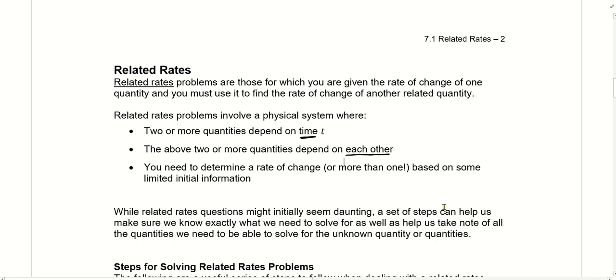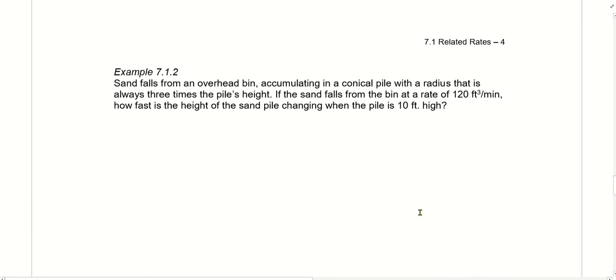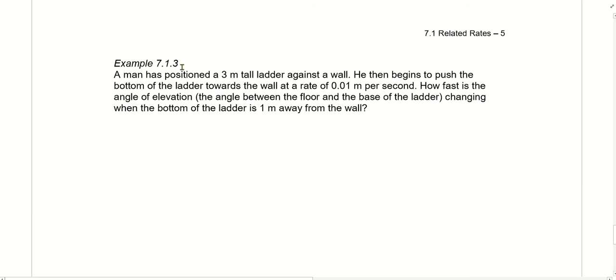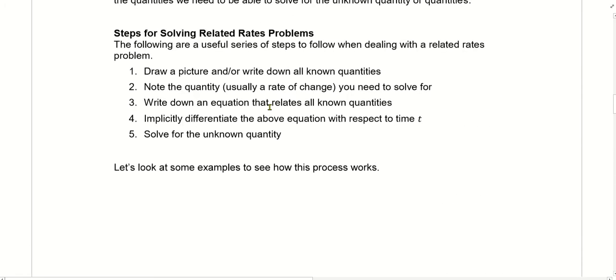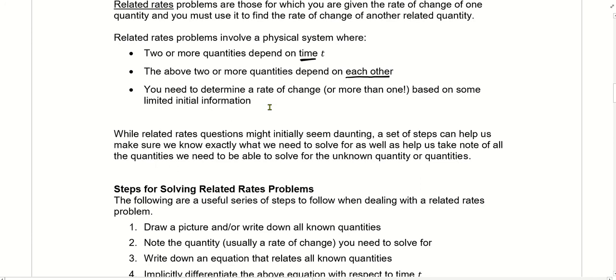So the thing with related rates is they do sometimes initially seem daunting, because sometimes there's a lot of stuff thrown at you right away. For example, if we take a look at this last example here, there's a bunch of values. There's this angle of elevation thing, which we probably haven't seen before. There's a lot of stuff going on. But like a lot of other things in math, and especially in calculus, I think these are easy to approach once we know what we need to solve for, which will just take some practice,